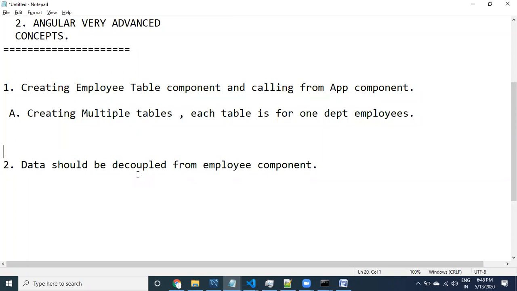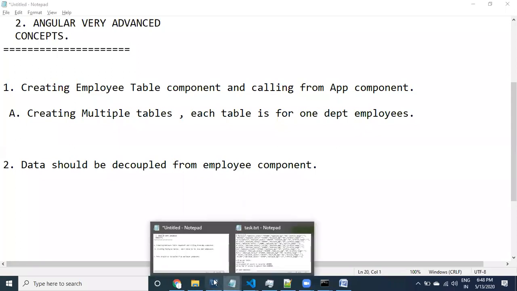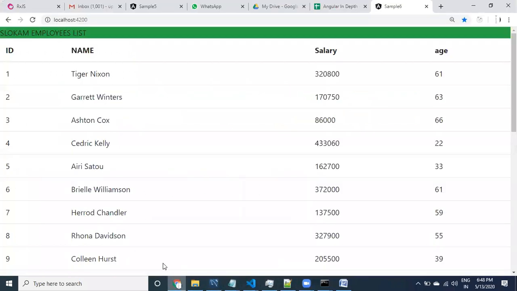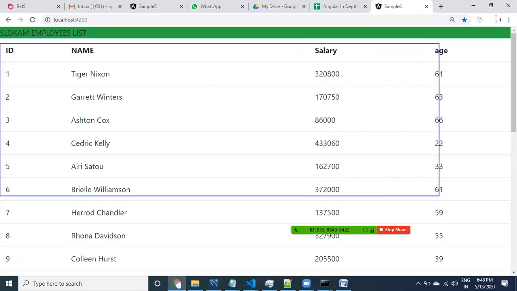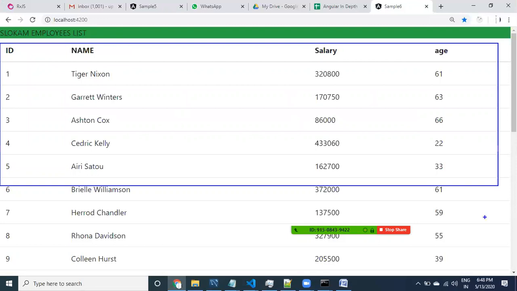We have to use one component to display multiple tables, because we have already created one component. I would like to use the same component. Let us go to the UI part. I want to display this component by providing our own data.